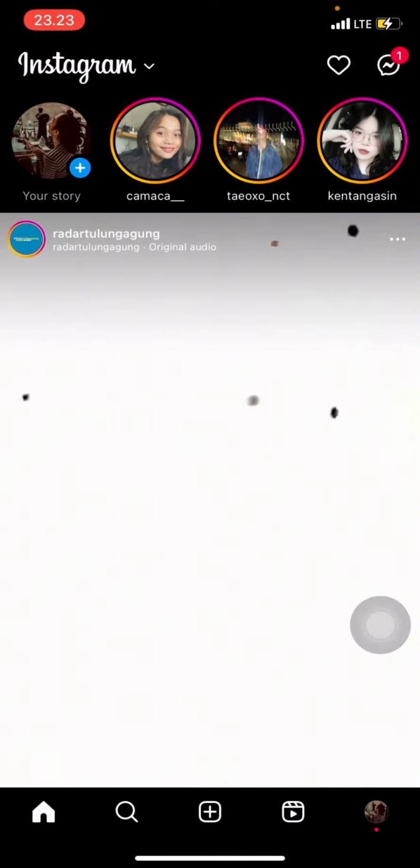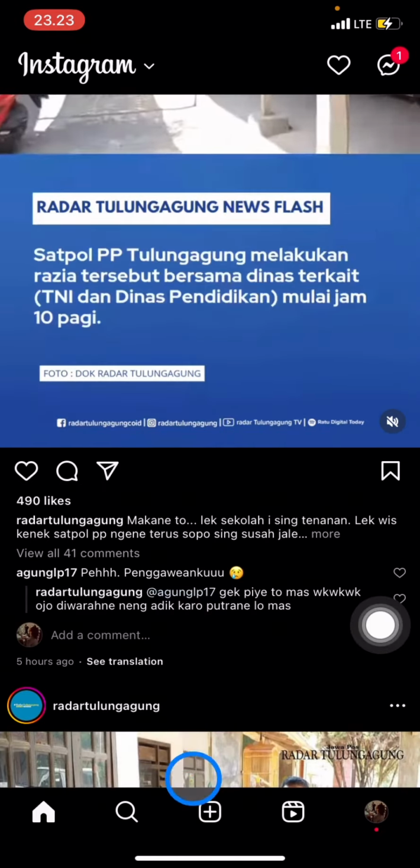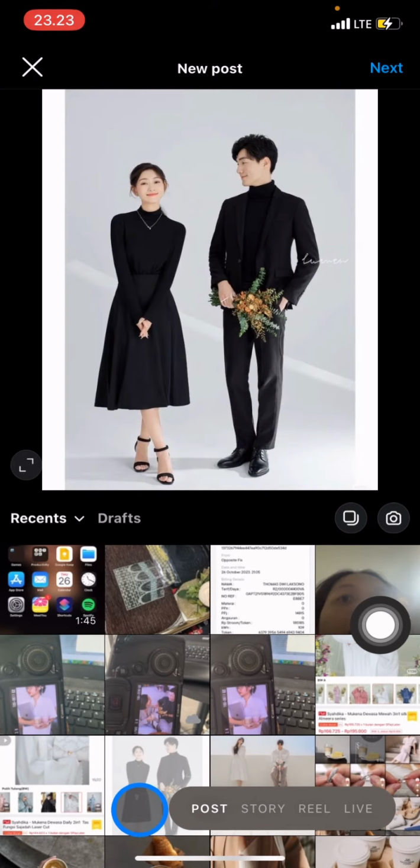So what you have to do when you want to post something on your Instagram is click this plus button, and after that you just need to choose which photo you want to upload to your Instagram. For example, if you want to upload this photo,